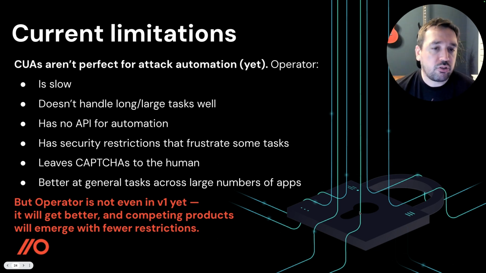Now, the long and large tasks, there's probably a memory limitation or something. This goes a little bit above my pay grade with LLMs specifically in terms of knowledge. But they have a memory limit for things they can understand and execute at once. If you do some of the things that I've shown today and then say, all right, now go and do that for 10,000 apps, please, it doesn't handle it very well. It will forget things. It will log into an app and then go and test loads more. And at the end, when it summarizes, it will tell you that it never logged into the first app it tried when you watched it do it.